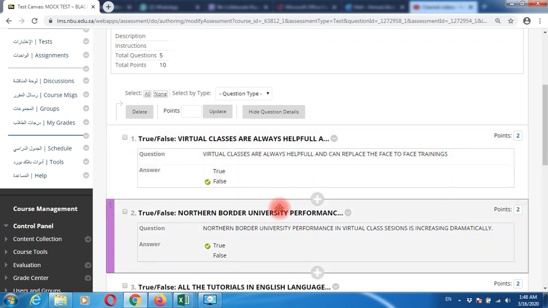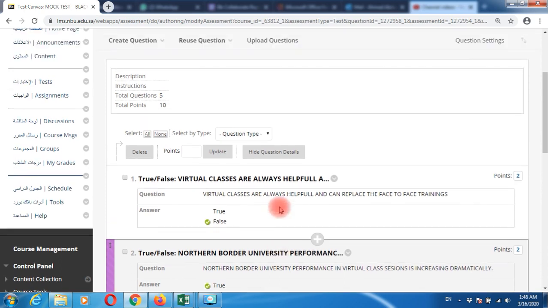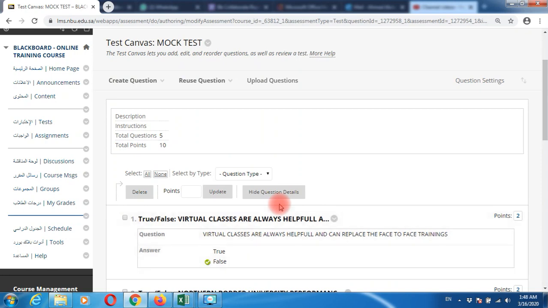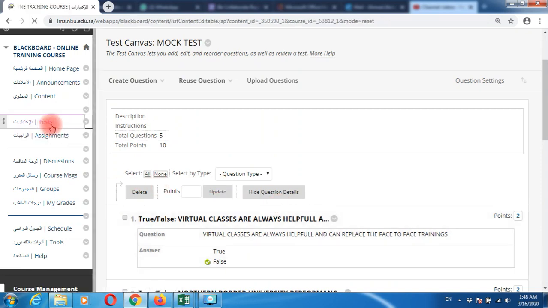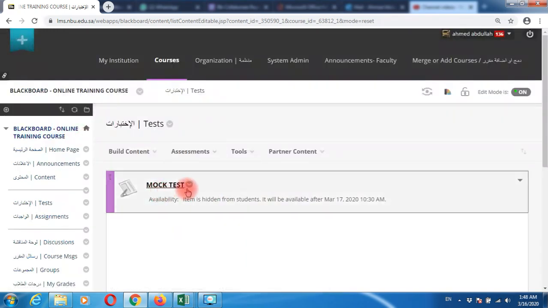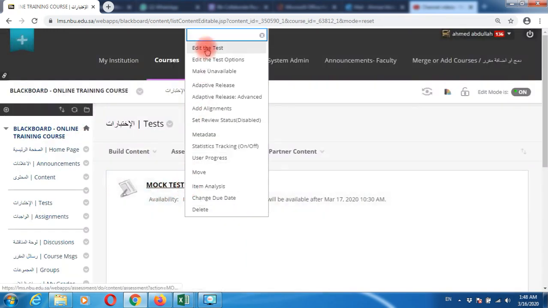So make sure you do anything before the examination. So this is what you will do. This is where you will come when you go to the test, click on the drop down menu and go to edit the test. You will simply be able to change questions and customize them. But if you want to change the settings of the test, go to the test, edit the test options,